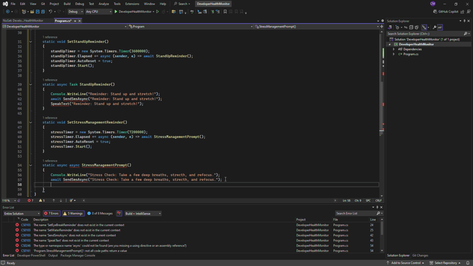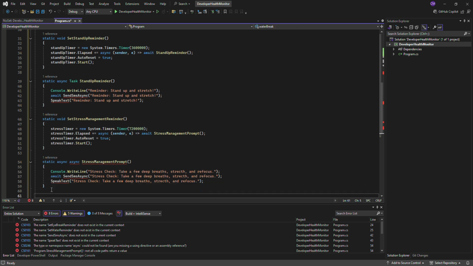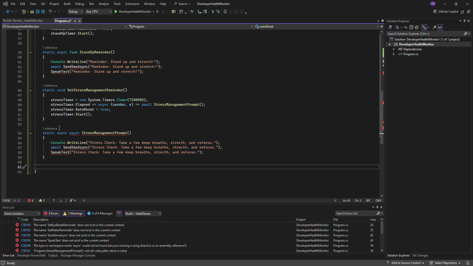And we will do speak text for our text to speech. And we do the very same message, and we close that. And we come here, just right under, and do the static void